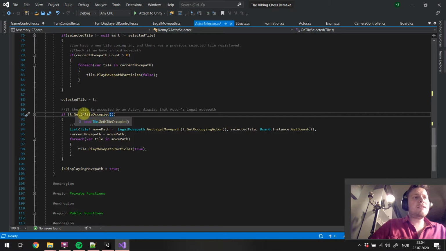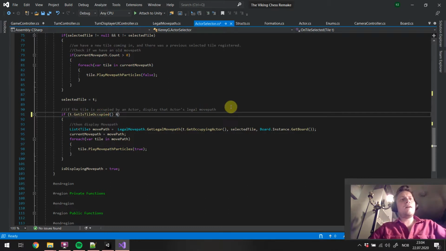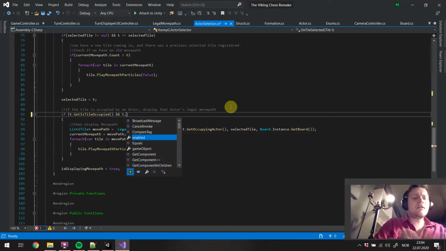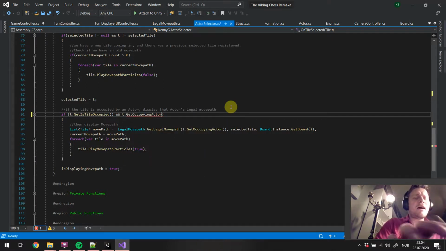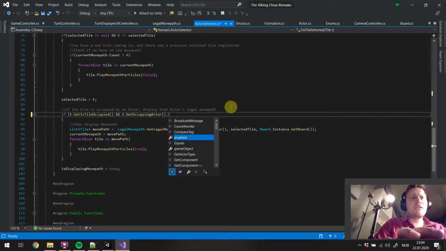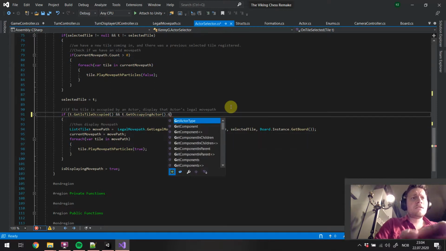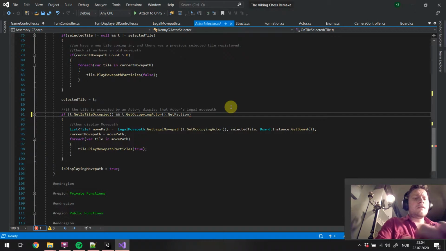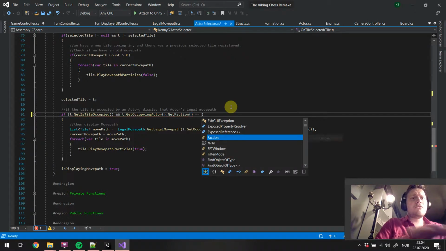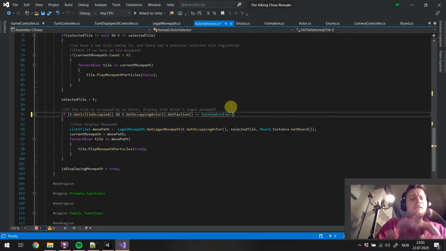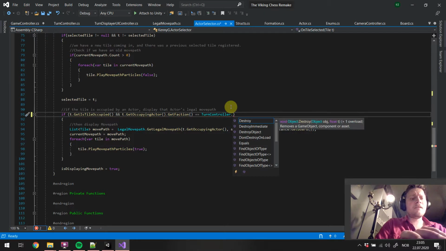So if t.get is tile occupied and t.get occupying actor dot faction get faction equals turn controller dot get,